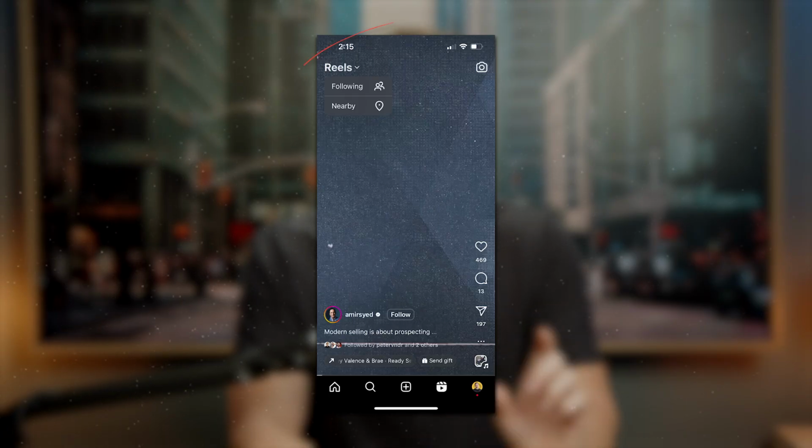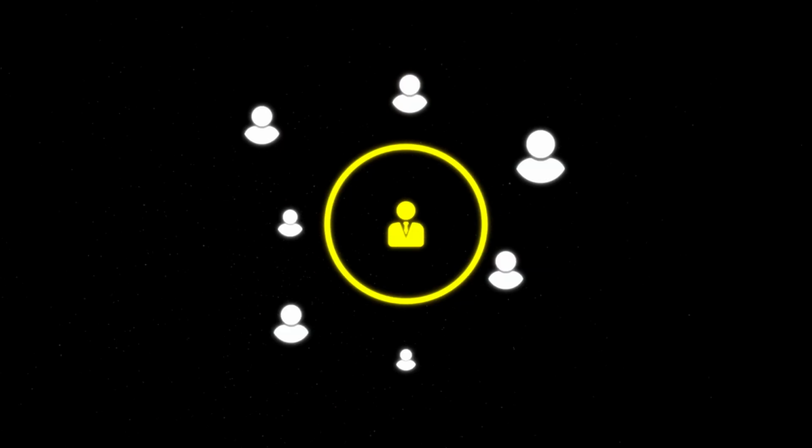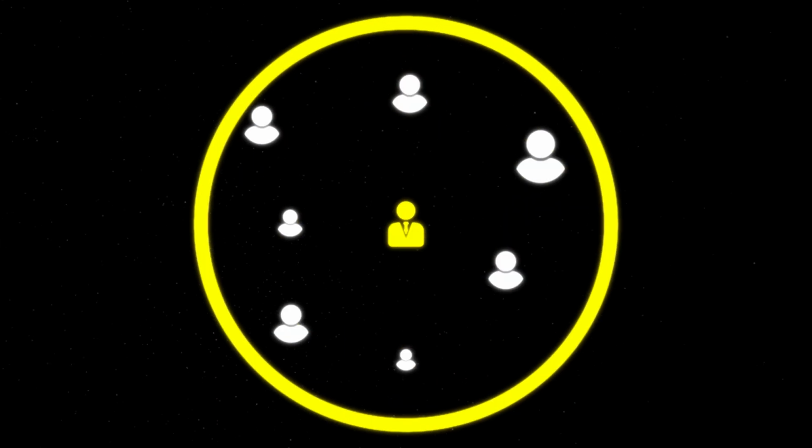You see, if you go into Reels on your phone, you can now click in the top left corner and then select either the normal feed or a nearby feed to which you'll only be shown Reels from your area. Now, this is an awesome update for any local businesses as it allows you to reach more people who are in your area. It's also great for users because if you want to find content about your area, whether that's